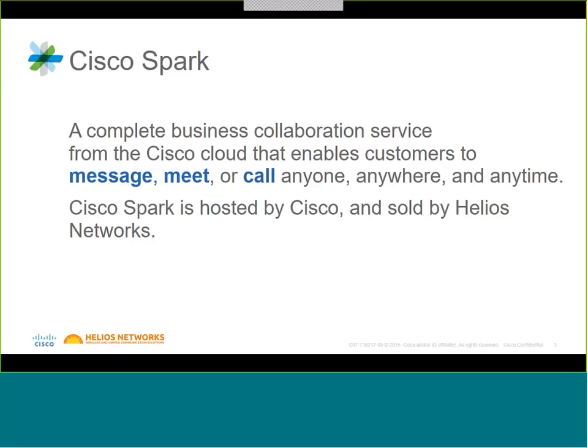Cisco has collaboration as a service, and this is allowing you as a business to have all these powerful and amazing collaboration utilities that huge organizations have enjoyed for years, but small businesses can now have those same opportunities to use these collaboration applications. So Cisco Spark essentially delivers unified meeting and calling capabilities. The calling capabilities I'll touch on in the next slide, but calling is not available in the UK yet, and I'll explain why shortly.